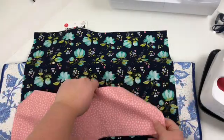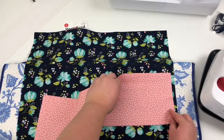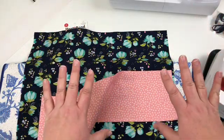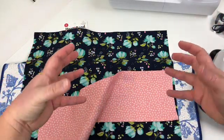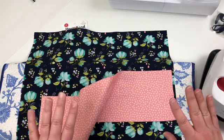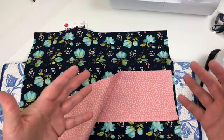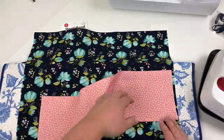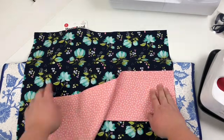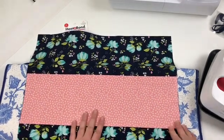And then what I'm going to do is match up my creases and then slide it up just a little bit, because it's a pillow, and once you put the pillow form in there, it bulges a little bit and also kind of slumps a little bit forward, just the weight of the pillow form. I like my bands to be just above center so that it still appears visually centered once the pillow form is set inside of it. So once I get that lined up how I want and get my edge on there,